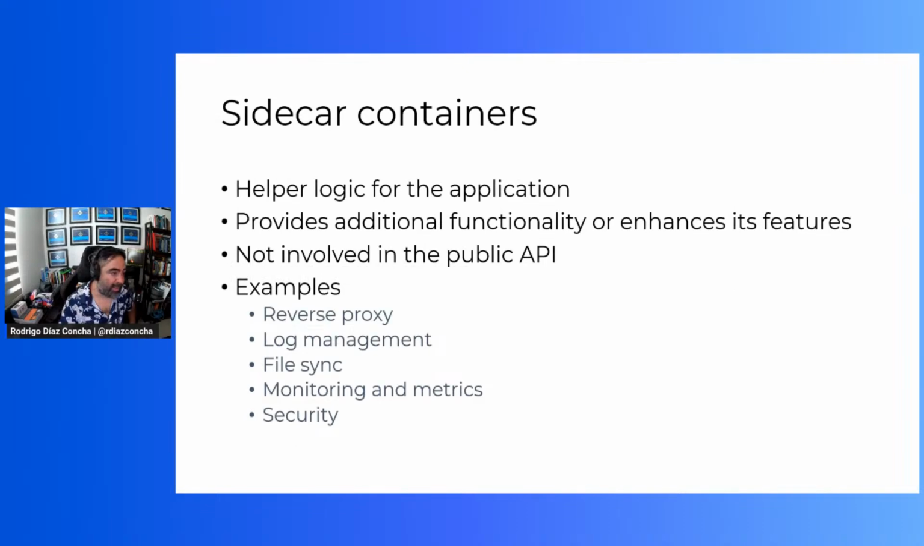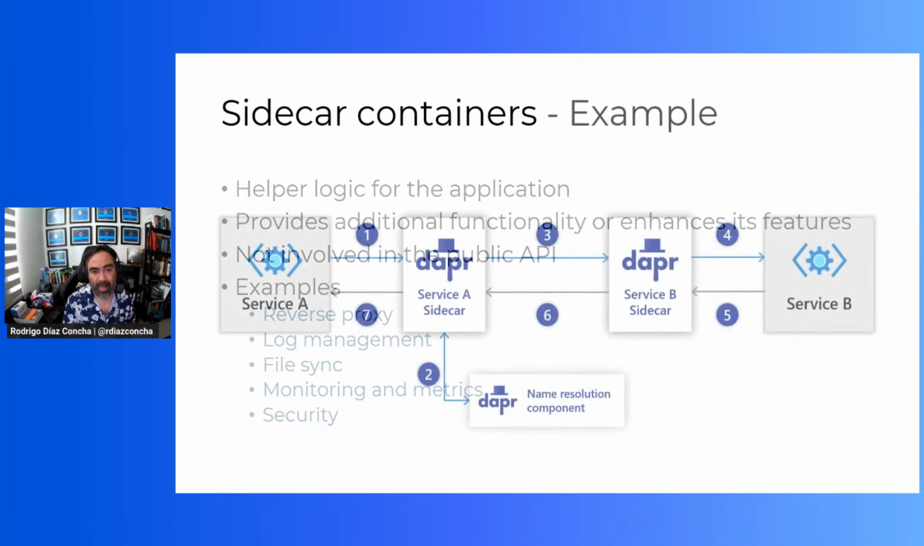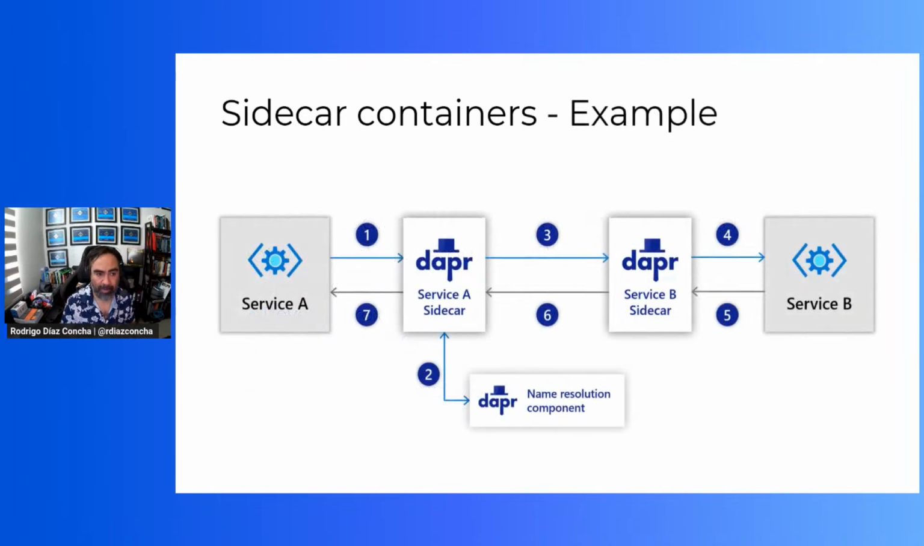So we saw sidecar containers. Sidecar containers are a helper logic for the application. You can be running an additional application for helping out the main application that is running on the pod, right? For, I don't know, maybe reverse proxy, for log management, for file sync, or monitoring and metrics, and so on. So actually, the Dapr framework is an example of a sidecar container because Dapr is running alongside